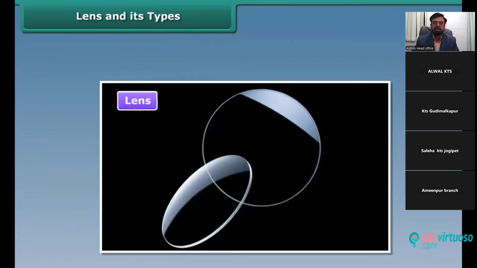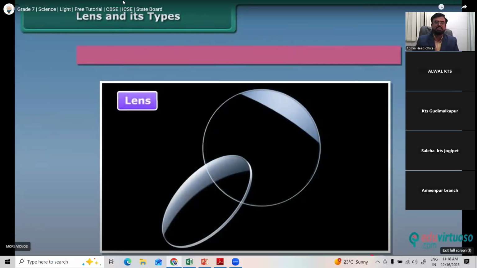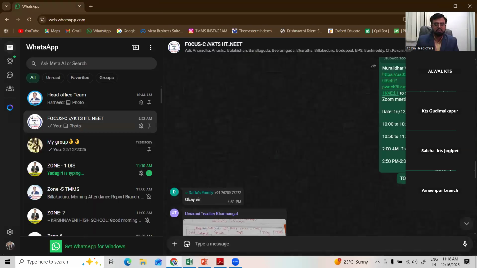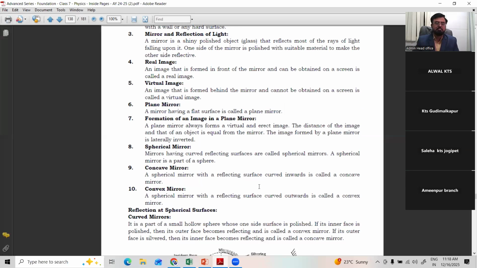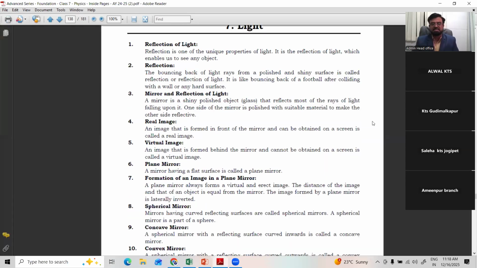Lens and its types. So the lens is not there right now. We have only gone up to mirrors so far. Lens we will learn in the next class, right? About the lens. Okay, so these are the ten important terms which we already learned in class 8th, but we just recalled them with more information and